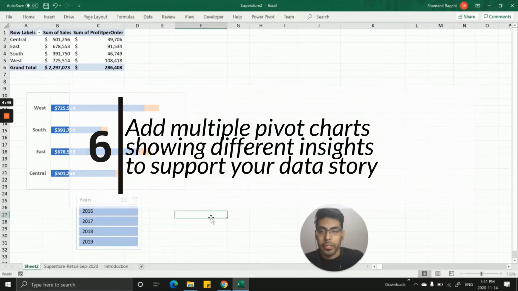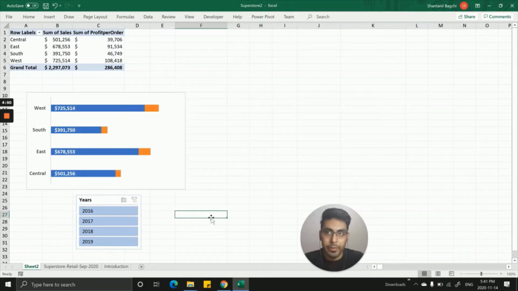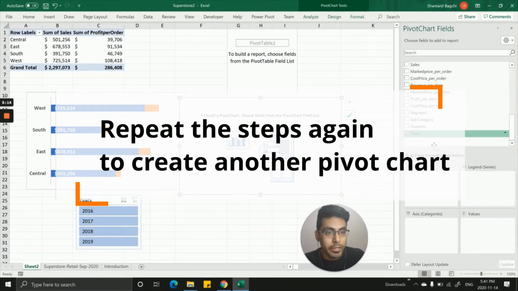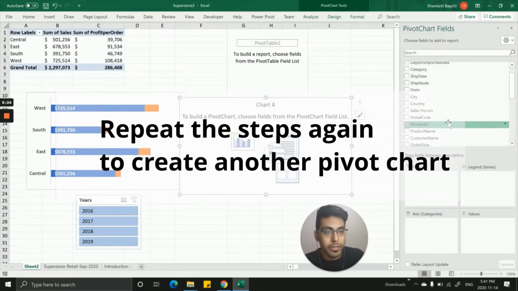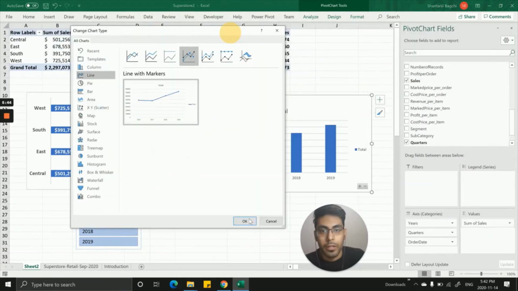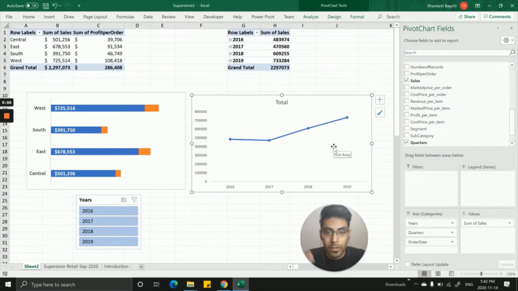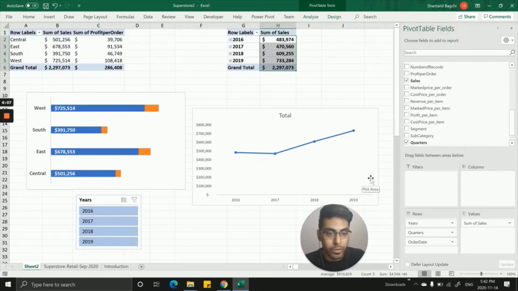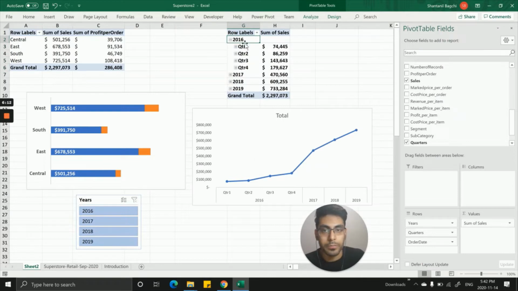Now what you need to do is build more pivot charts that can support your data story. Let's try to see the trend of, for example, sales and profit. And if you want to see the quarterly sales in the same thing, if you expand on this, the quarter sales comes.